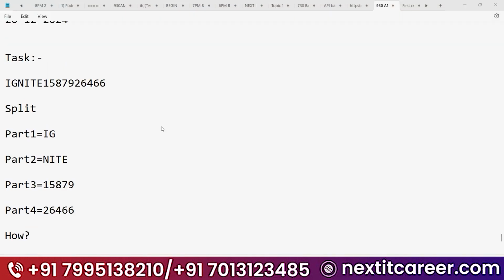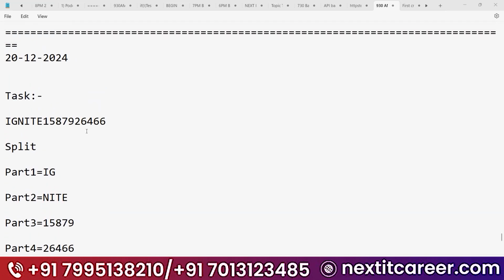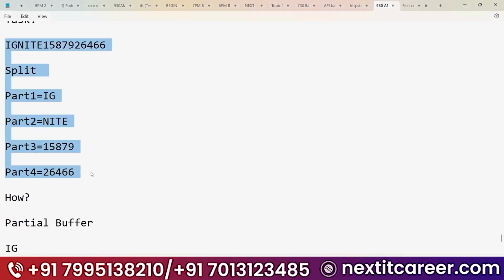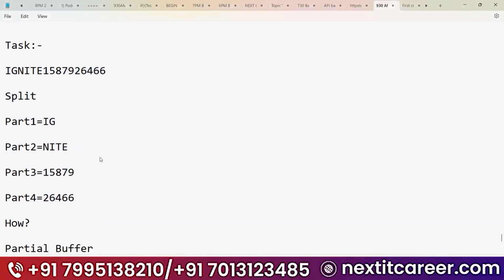Fine, guys. So what is the task? What is the major advantage of regular expressions that we will see today? It is a bit confusing, guys, so put your full attention here. It is easy, but you need to understand one thing: the name group. That's it. In order to handle regular expressions, you need to understand the name group.